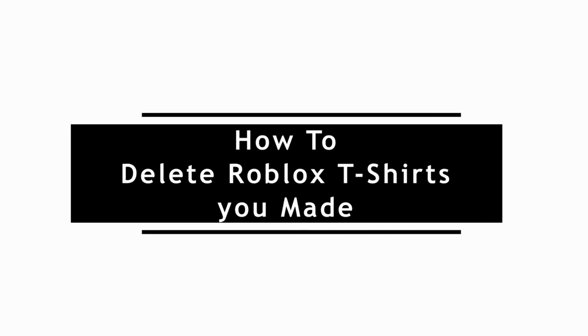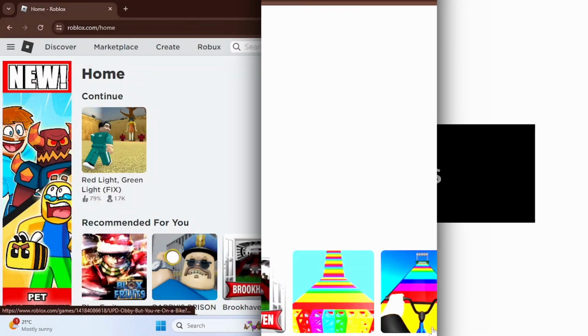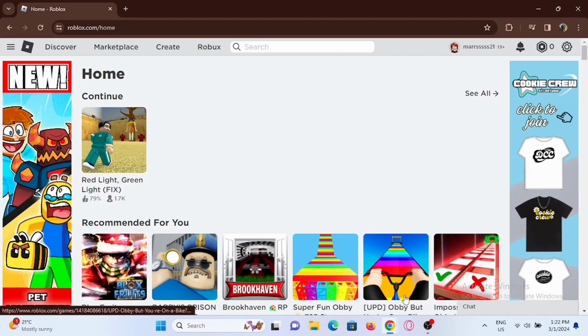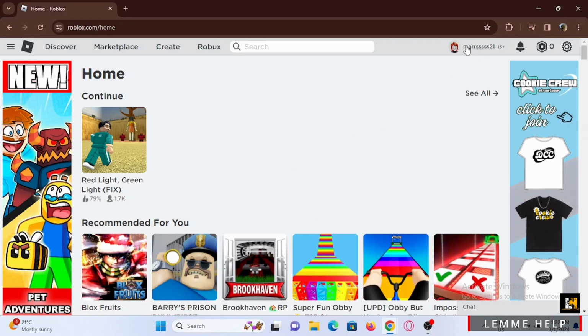How to delete Roblox T-shirts you made. For this, open up a browser and search for roblox.com. Make sure you are logged into your Roblox account. So right here, to check out some of the T-shirts that you made, you have to tap on this hamburger